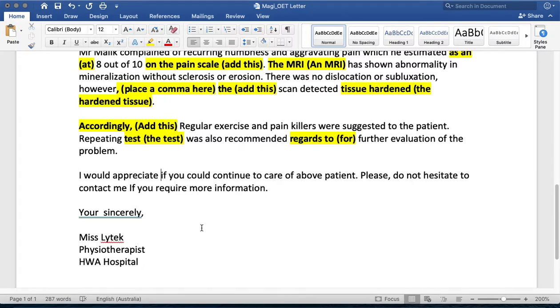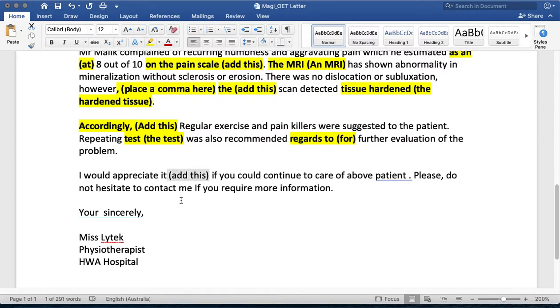I would appreciate if you could continue to care of above patient. That is incorrect. The whole sentence is incorrect. All right, so how do we do it? Let's say, I would appreciate it. So you need to add this phrase: I would appreciate it if you could continue